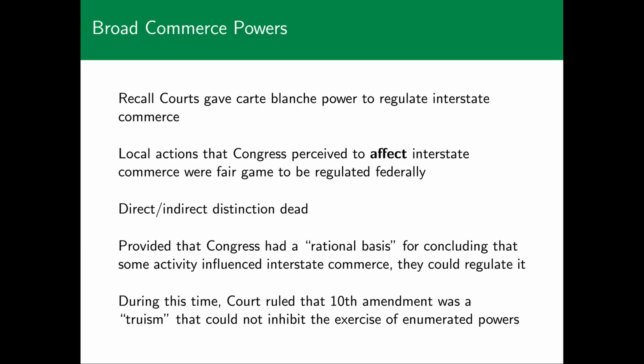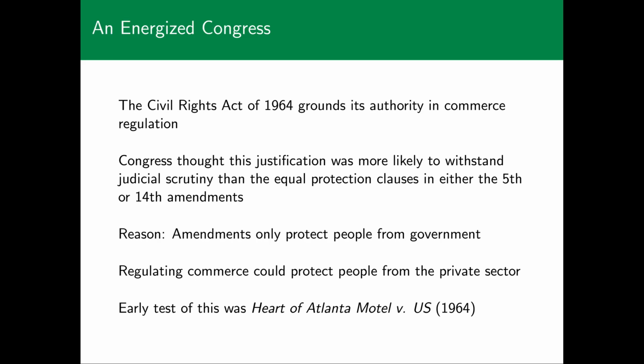So as I mentioned a little bit ago, a lot of the things that Congress was using the Commerce Clause for were social ills. So the Civil Rights Act of 1964, instead of trying to ground its authority in something like the 14th Amendment, which has the Equal Protection Clause and the Due Process Clause, says Congress is allowed to make this law federally, and it applies to the states because of commerce. So they thought this justification was going to stand up to judicial scrutiny